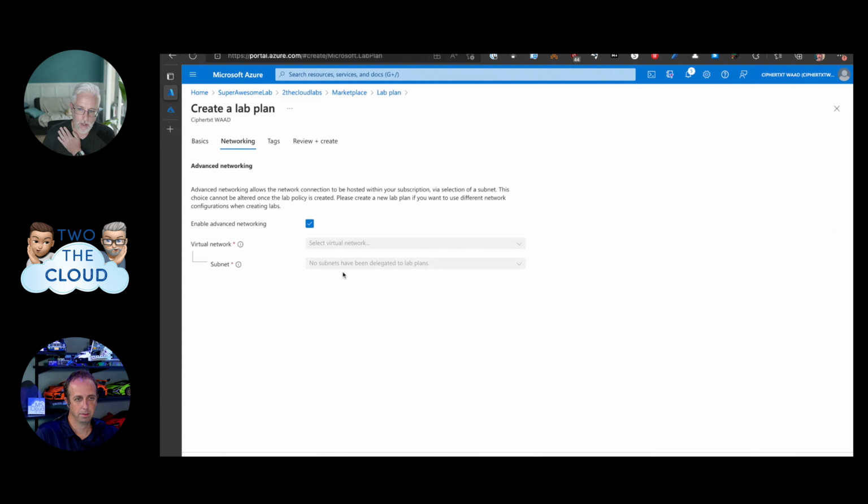So you're basically delegating a subnet to be managed by the lab plan, but existing subnets aren't going to be touched. So at that point, it's just your own routing, like if you had custom route tables or anything like that going, or potentially NSGs that are affecting how traffic flows within your environment. Okay.